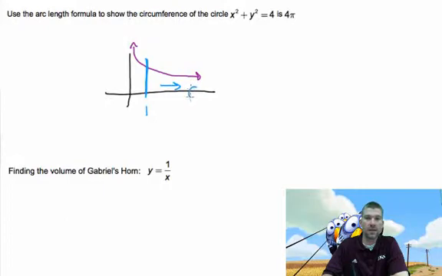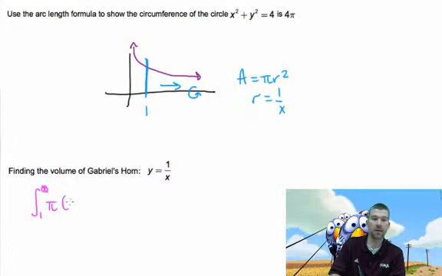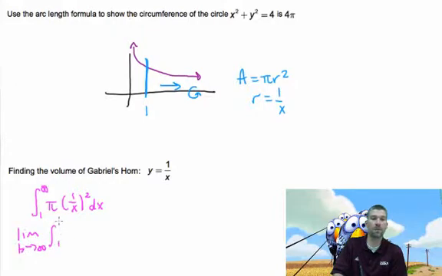Well, we're going to rotate this shape around the x-axis, and when we do, we get a circle. The area of a circle is pi r squared. R in this case is 1 over x. So when you set this integral up, it's going to be improper because we're going to go from 1 to infinity of pi times the radius squared. Well, what we're going to do then is just use our rules of impropers. We're going to let b go to infinity, and we're going to look at the integral from 1 to b of, now watch this here, pi over x squared